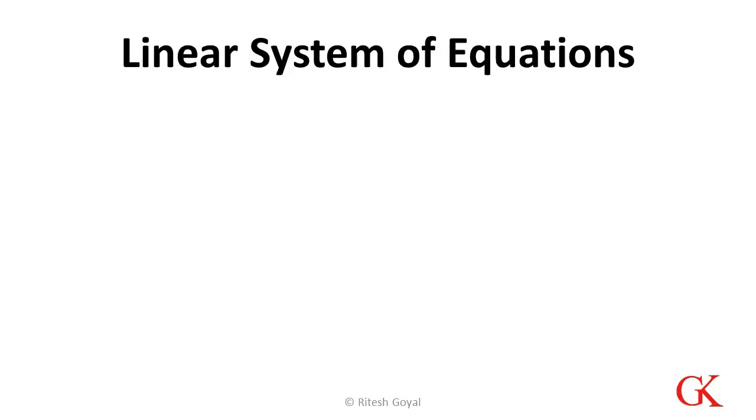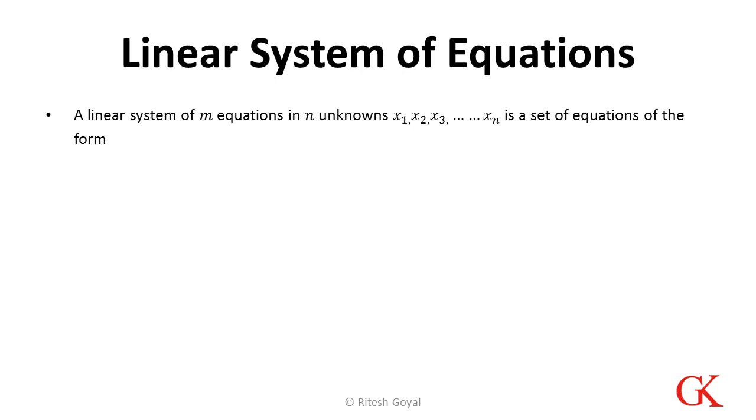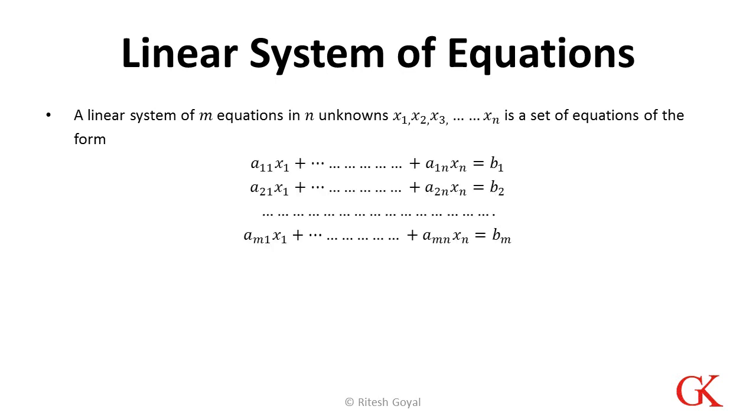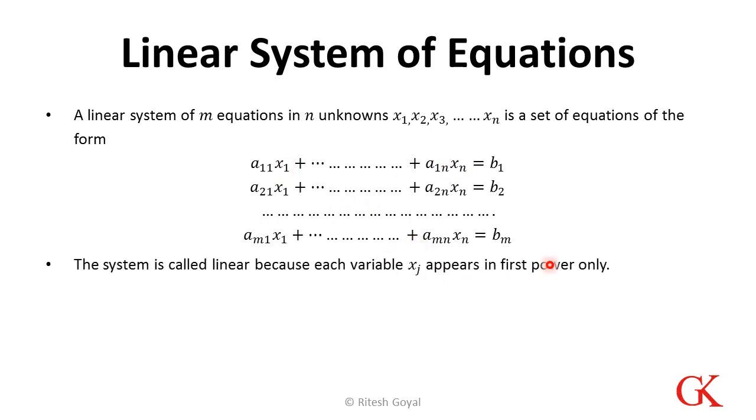So, as we said, we will discuss linear system of equations now. Everyone of you may be knowing what is a linear system of equations. Linear means there are linear equations. We are having only power 1. System means there are multiple equations which completely form a system. So, we represent it as multiple equations like this. Here we see x1, x2, xn. These are basically the unknowns, and we see they are coming in power of 1. So the system is called linear, and we are having multiple equations. So it becomes a system.